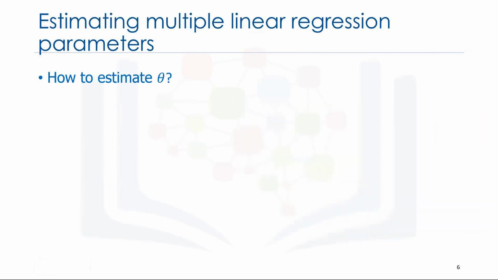But how? Okay, how do we find the parameters or coefficients for multiple linear regression? There are many ways to estimate the value of these coefficients. However, the most common methods are ordinary least squares and the optimization approach. Ordinary least squares tries to estimate the values of the coefficients by minimizing the mean squared error. This approach uses the data as a matrix and uses linear algebra operations to estimate the optimal values for the